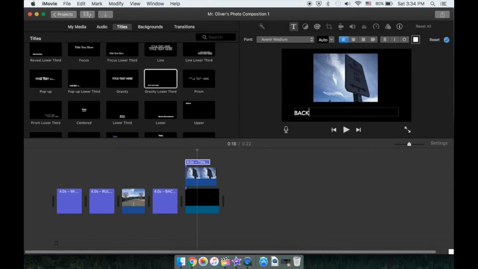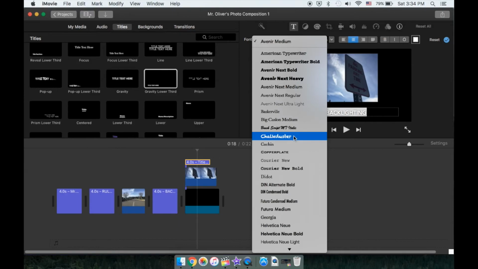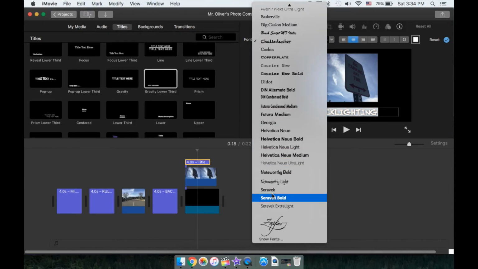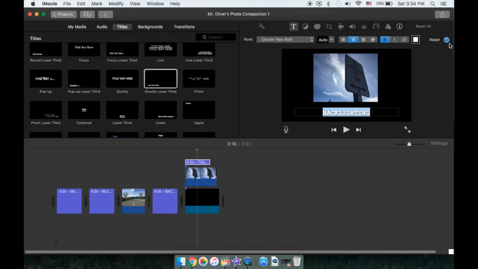And then here I can show you what the buttons do across the top there. So just like in a word processor, you can center, you can left align, you can right align. You can change your font when you have it highlighted, and you can pick the style that you're looking for. And there's a lot of different options. So what you're going to do,